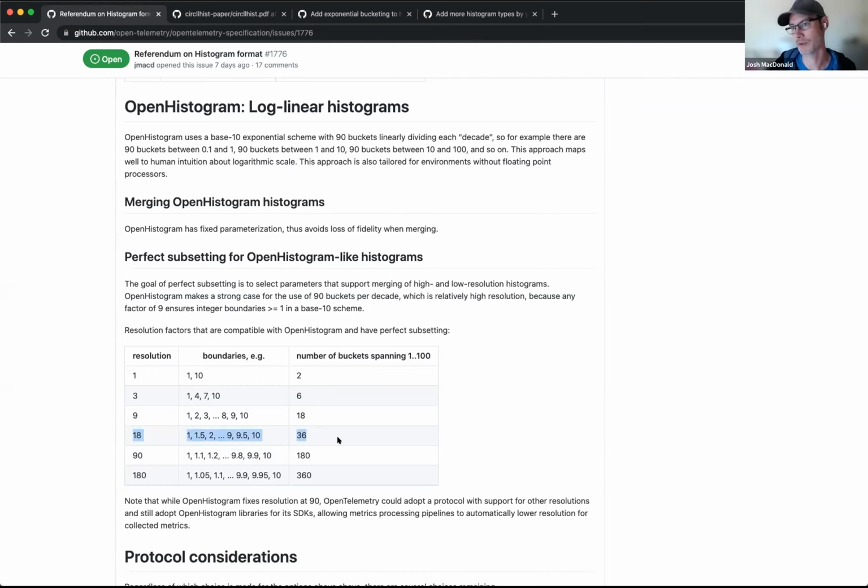So that you have 36 divisions between 1 and 100. You have 18 per decade. This is a proposal that, to me, fits with Prometheus really well. It fits with human intuition really well, but it requires this decimal approach, which is going to be pervasive. And anytime you convert back into another format, you're going to have precision issues, and you're going to introduce errors. So that's the end of my dialogue here. These are both good options. One is friendly towards computers. One is friendly towards humans.